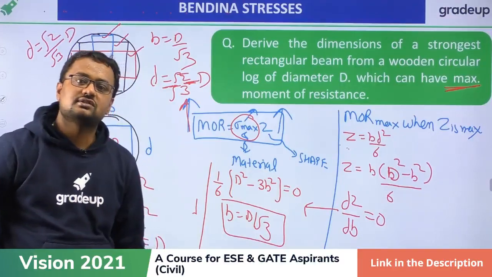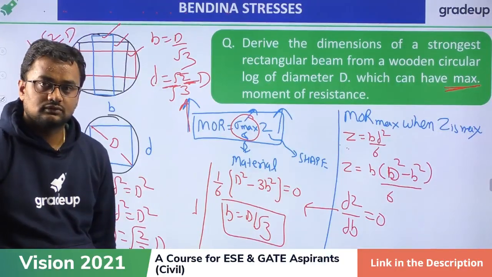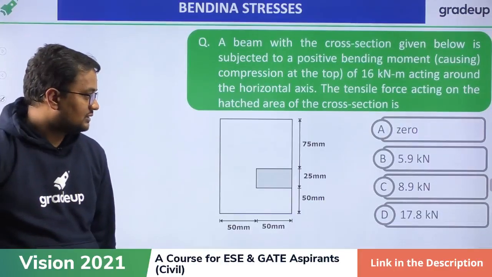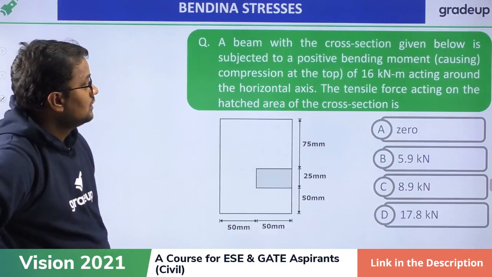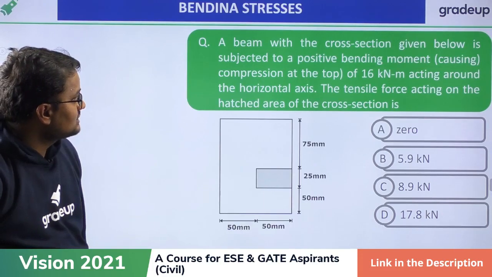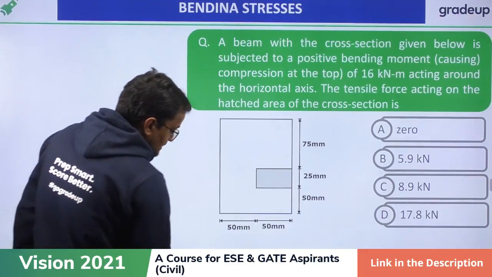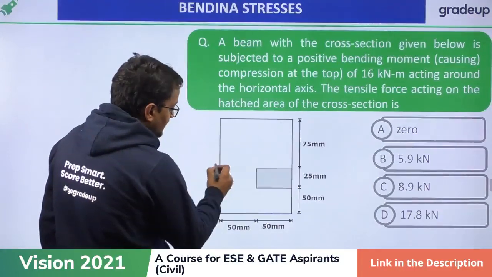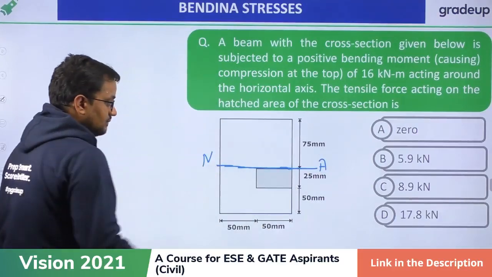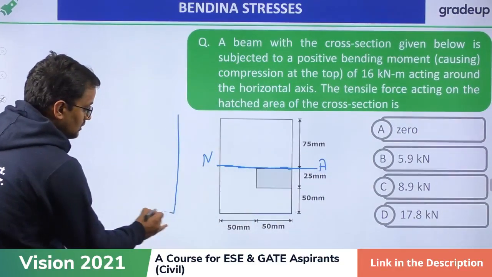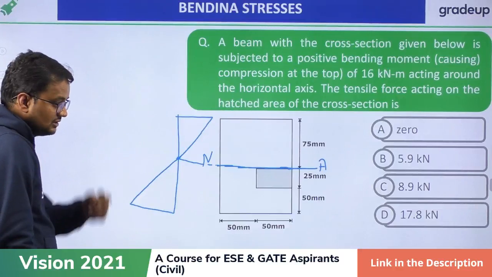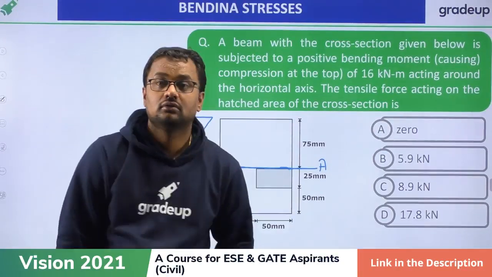Let's move further, my friends. Now solve this. Where will be the neutral axis? Neutral axis is always at the centroid. Total length is 150, therefore this will be the neutral axis. And the stress diagram is like this. At the neutral axis, stress is 0. So the stress diagram is this. We have to find out